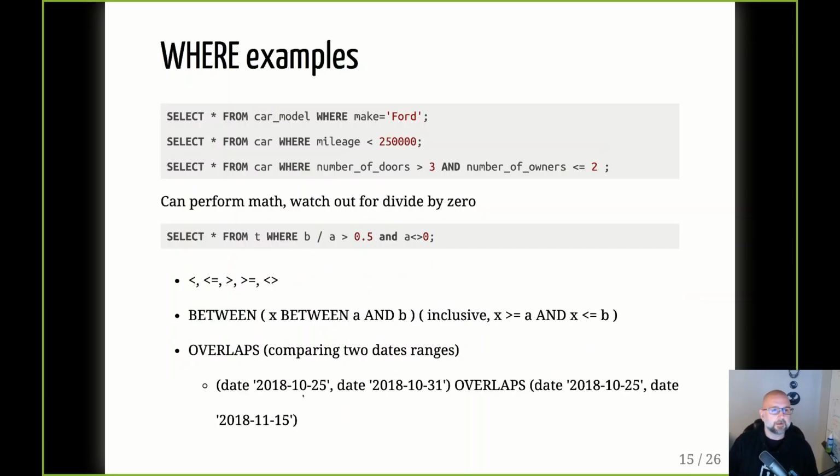There are lots of permutations of these conditions. You can perform conditional checks on all the data types, not just numbers. If we're comparing strings, if our make field is a string, we can say where make equals Ford. We're building a car selling website. So if anybody wants to work at CarMax, these might be great examples to go into and say, I know how to query on mileage. Select star from car where mileage is less than 250,000. Less than, equal to, greater than, not equal to, all of those